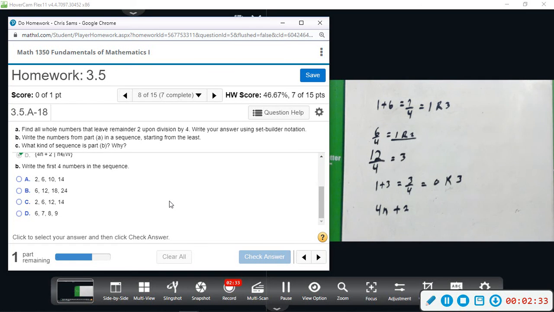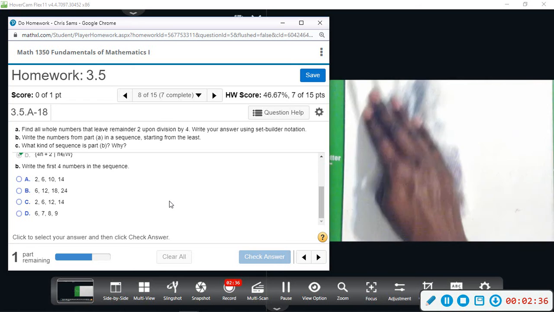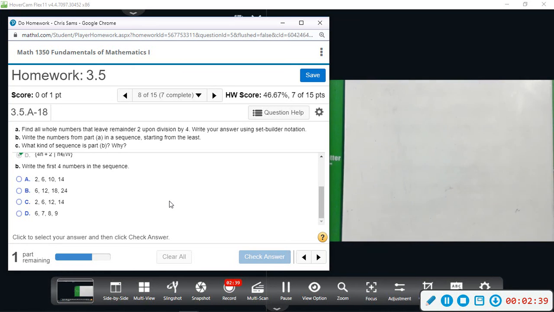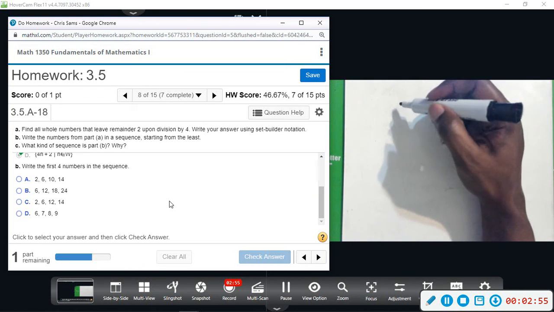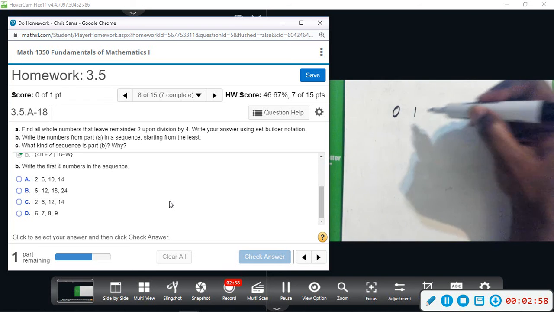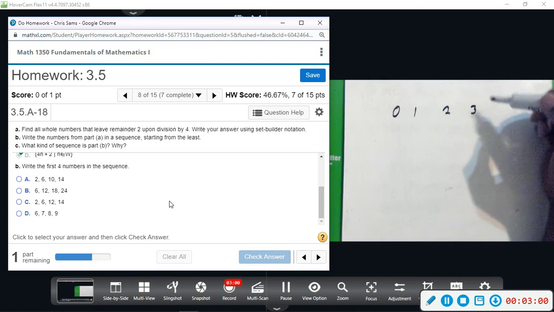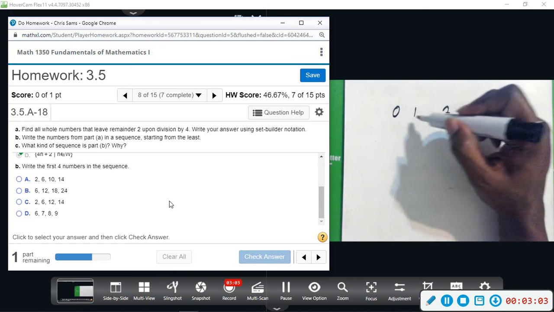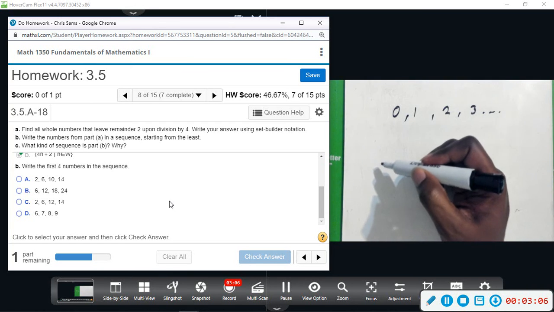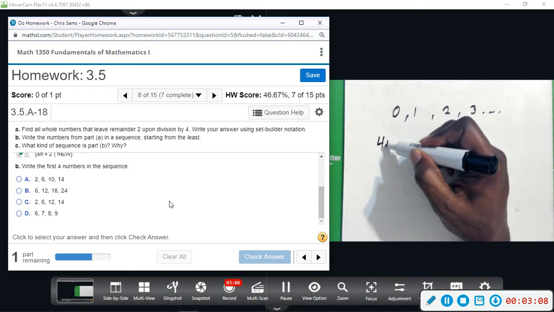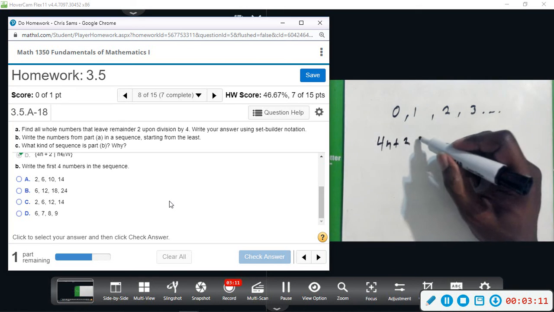Alright, part B. We want to write out the first 4 numbers in the sequence of numbers that are divisible by 4 with a remainder of 2. So whole numbers start with 0, 1, 2, 3, and so on, okay? So if we plug in a 0 to that formula, 4n plus 2,